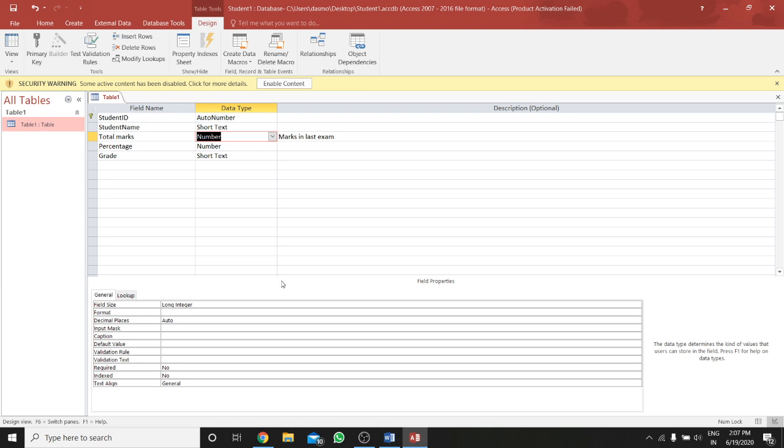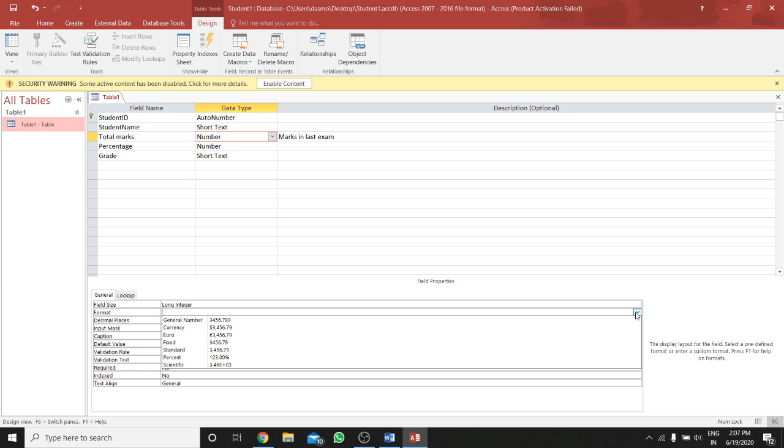When we go to this format under the field property pane, you can see General Number, 3456.789. That is also written in your book, page number 201.